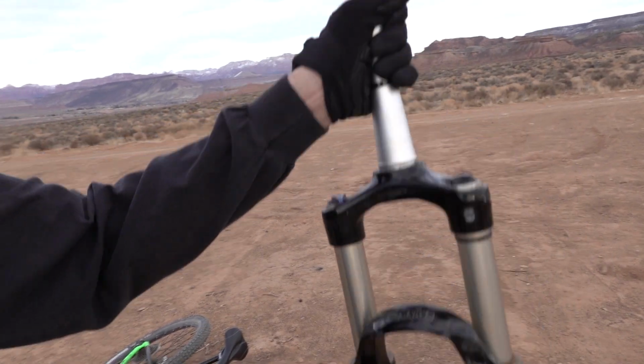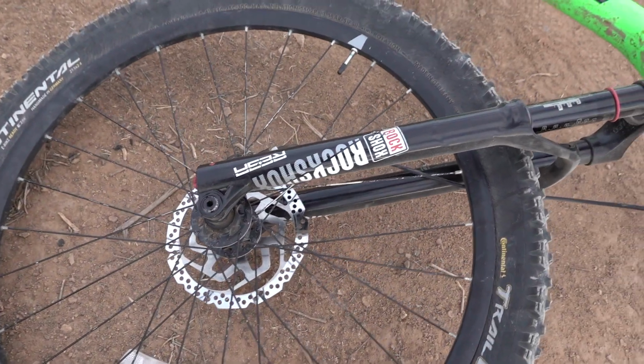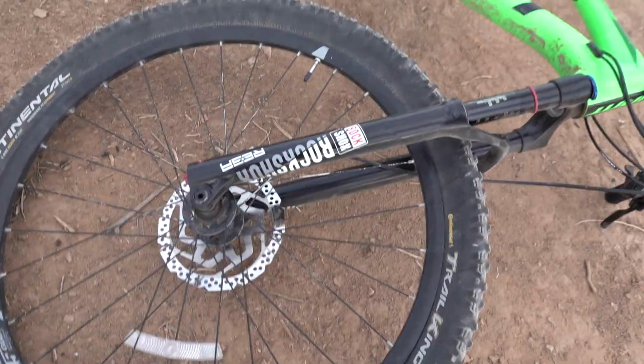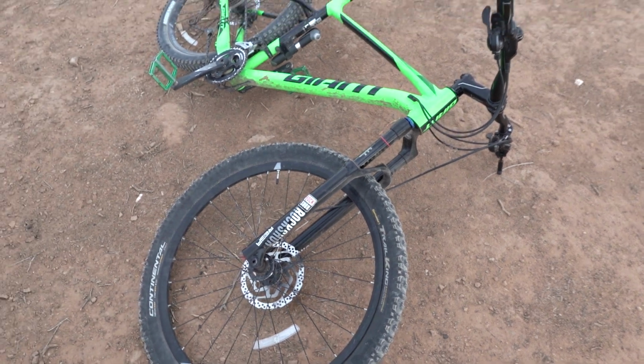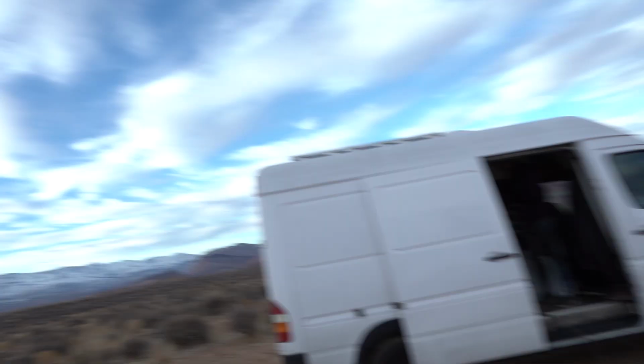So we got the new one, the RockShox 4. And I've been really excited to dial it in and ride it. Except both times I've ridden, I've gotten a completely flat tire. So we're having a rough streak, but can't complain because that flat tire and that bike shop brought us to